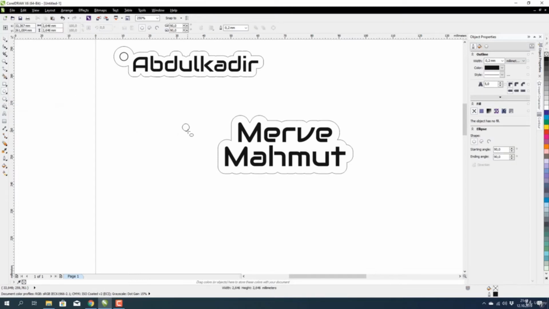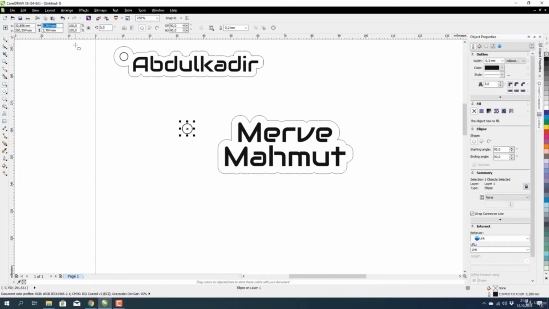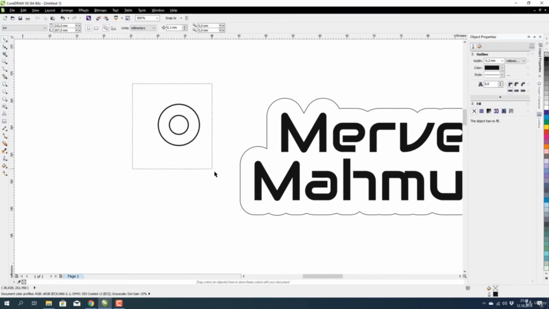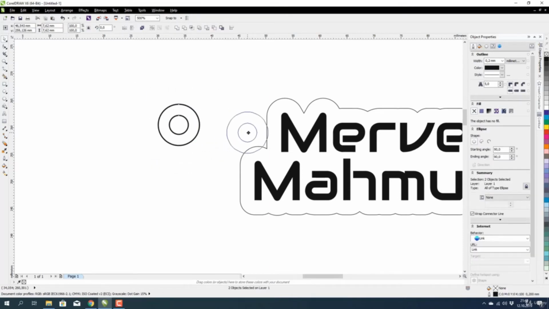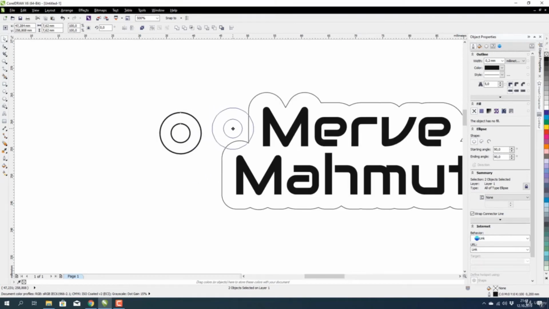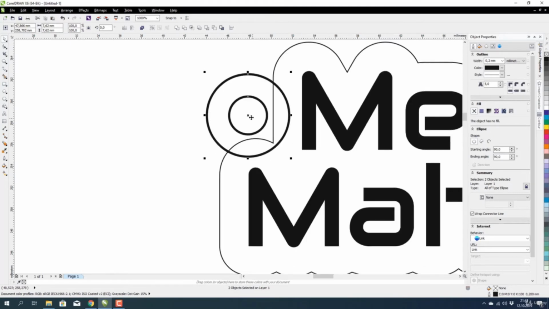I'm selecting the ellipse tool and then hit down the Control key and draw a circle and sizes here, and then pick the circle, enlarge and copy the circle, and I'm taking two objects here on top of our cloud. It must be here or maybe here. This is very good. And then I'm taking on top of our cloud,